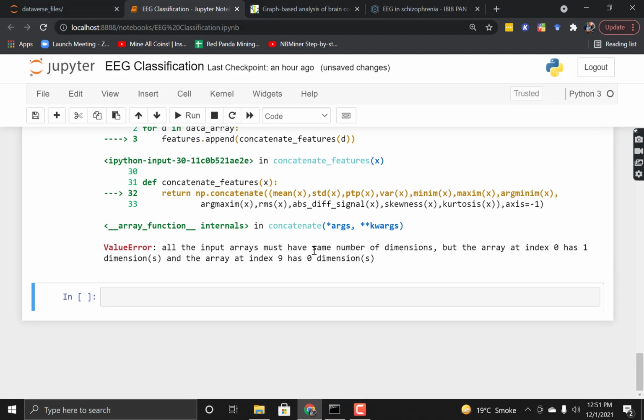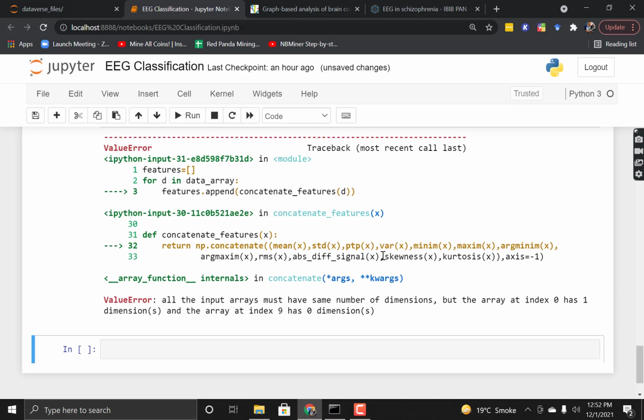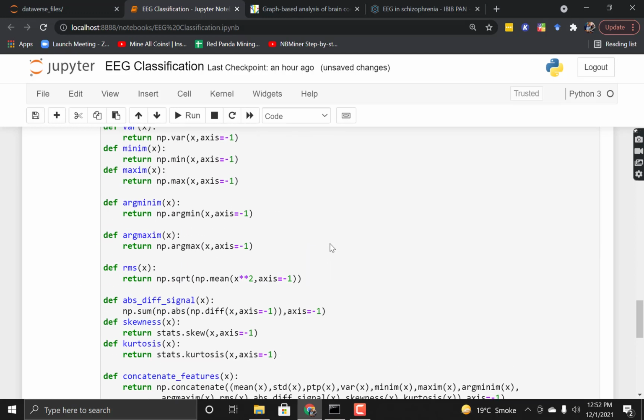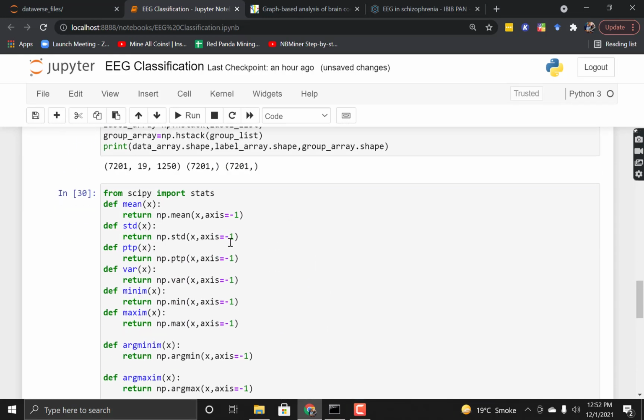Okay, all the input arrays must have the same number of dimensions. It means that some of the arrays have a different dimension. So it's a bit tricky to find out. Maybe we have to check this one by one.